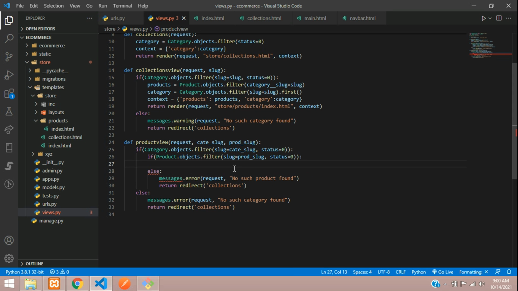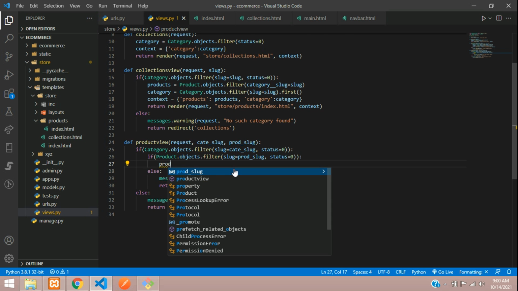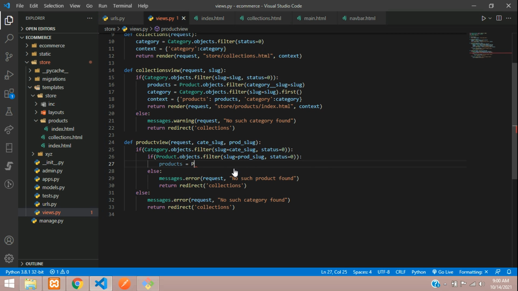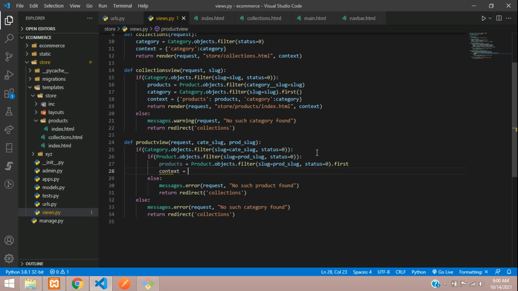If the product is found, we are going to store the product data inside our product variable. And we say products equal to, just copy it from here itself, copy and paste, dot first, and then we're going to say context equal to copy and paste, save. So if this category is found, then it is going to check if the product is found or not,